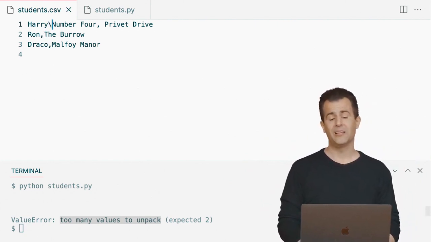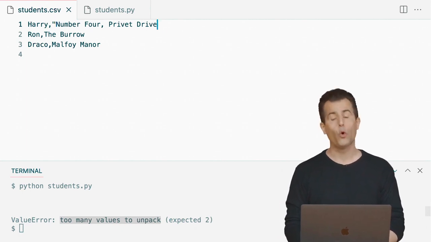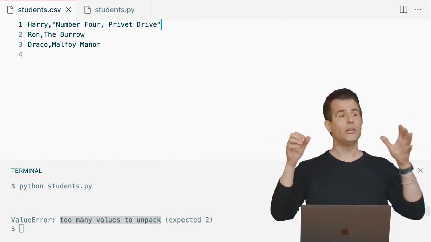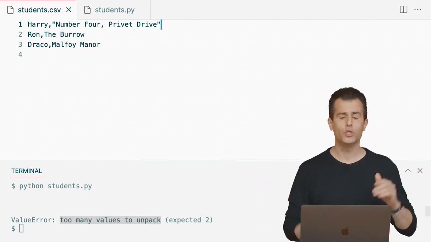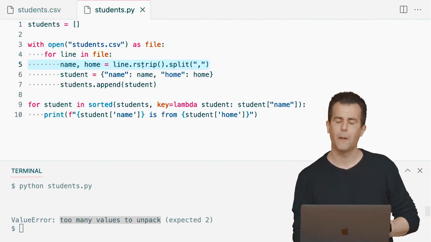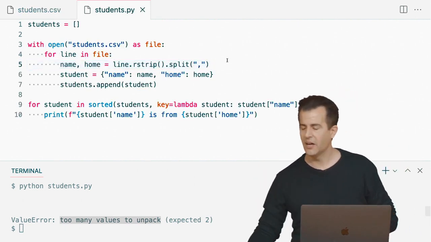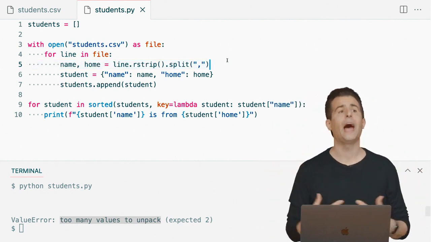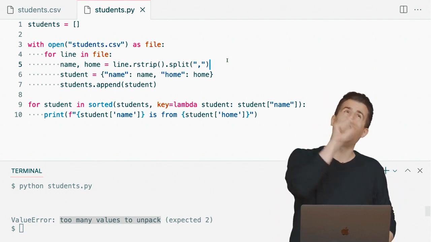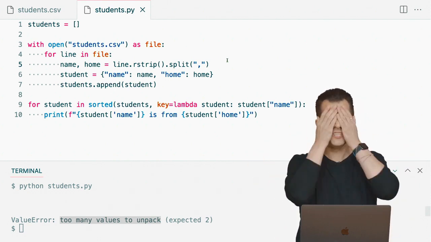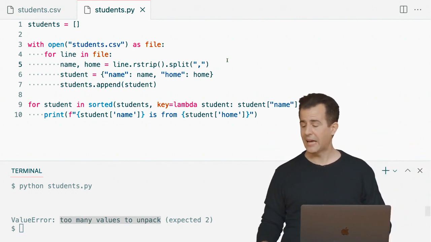I could maybe do something like this. I could escape the data, as I've done in the past, and maybe I could put quotes around any English string that itself contains a comma. And that's fine. I could do that, but then my code, students.py, is going to have to change too, because I can't just naively split on a comma now. I'm going to have to be smarter about it. I'm going to have to take into account split only on the commas that are not inside of quotes, and it's getting complicated fast. And at this point, you need to take a step back and consider, you know what,